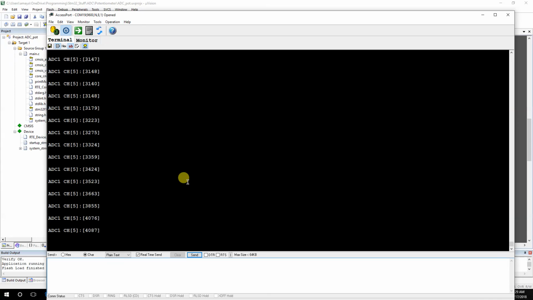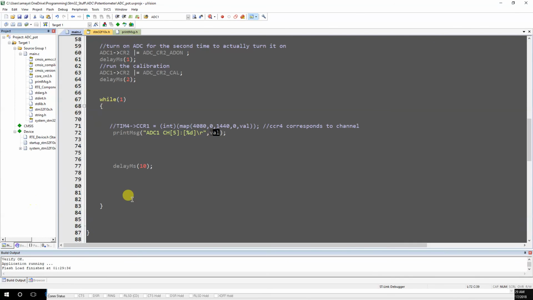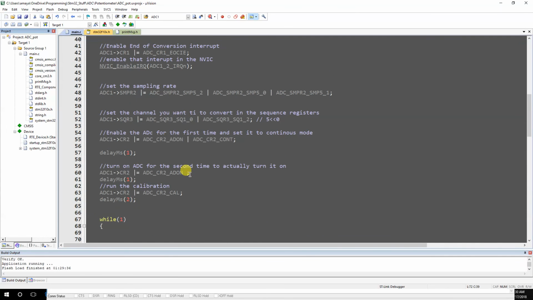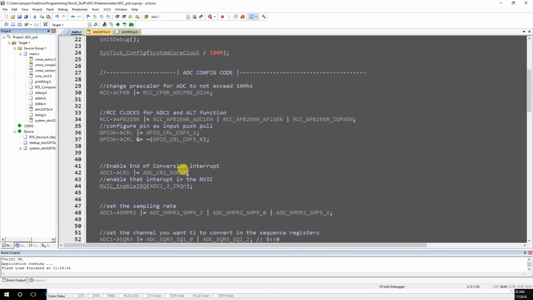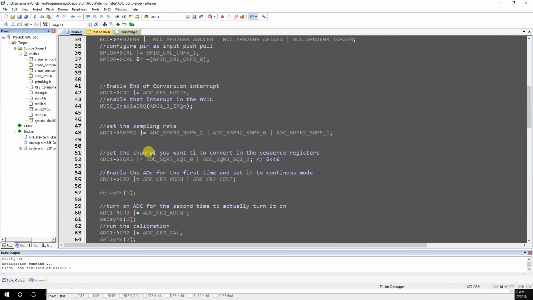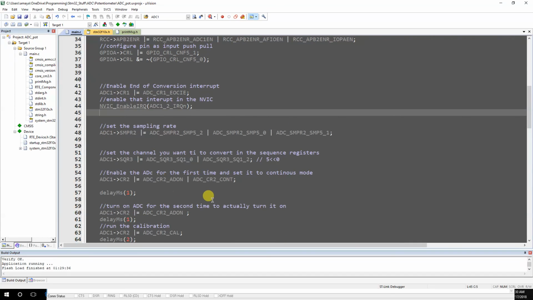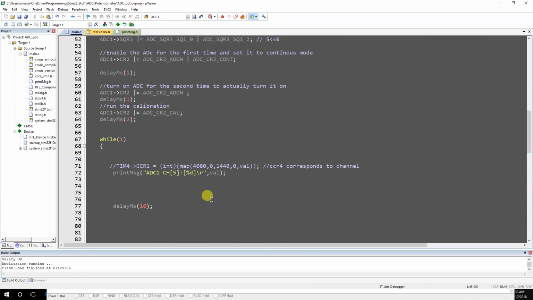Anyways, it's pretty easy and straightforward. And you'll see in the next video that doing the scan mode, when we're doing multiple channels, it's not that much more difficult. About 3 or 4 lines that have to do with the DMA and enabling that in the RCC or whatever we have to do to it. And that's it. And then we'll just have to print out our values again,